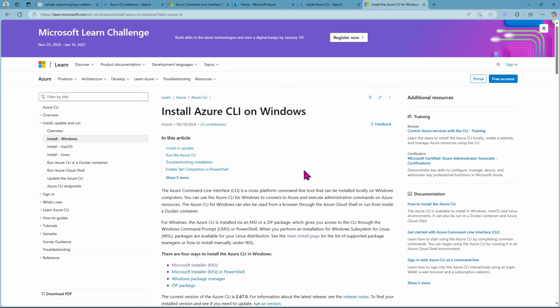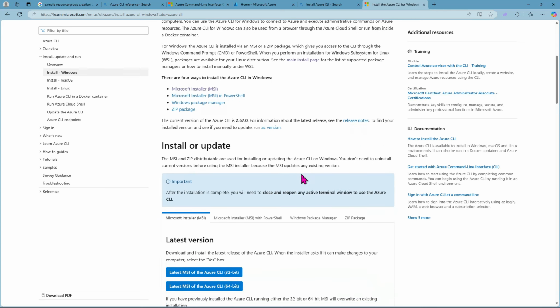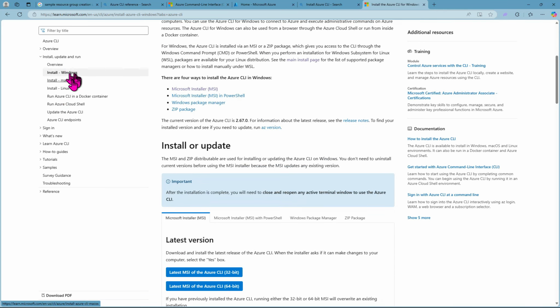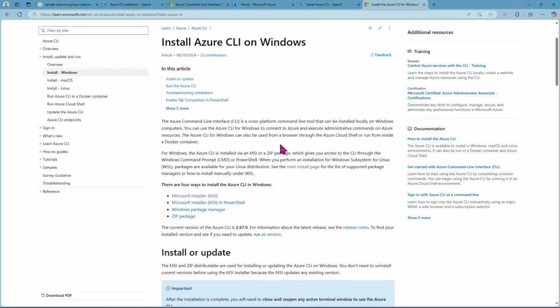This is a Learn page, and this is where you can see that there are a few types of installer available: Windows, macOS, Linux, right? You choose based on your need. What I did, I basically downloaded the Microsoft installer, the MSI, and I just installed it. It's just next, next, nothing fancy. You just go ahead, download, and click on that MSI installer, and you would be in a position to install